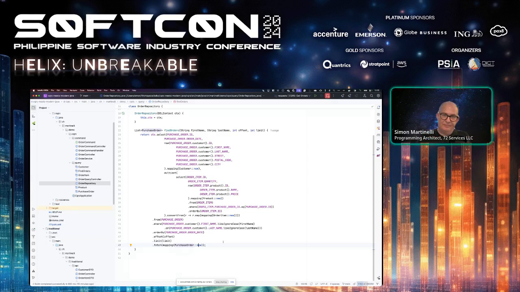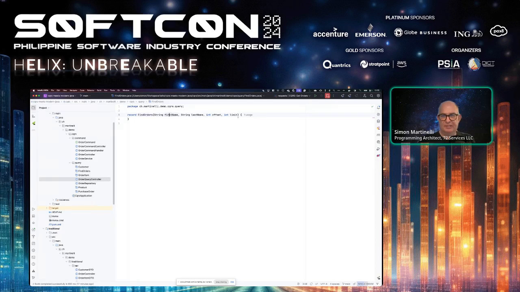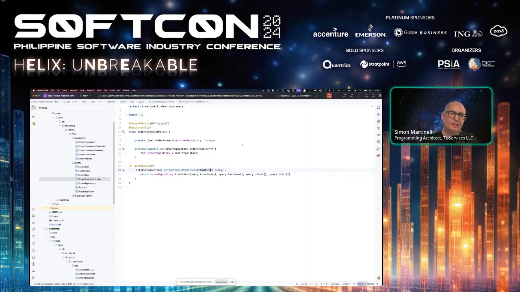Now we have seen the command handler. We also have seen the various queries or repositories to manipulate the data. The question is, for fetching, it's simple. We have get mapping with the customer orders. I used here a find orders object with all the information: first name, last name, offset, and limit. But I wouldn't have to do that. I could just use query parameters or the request param annotation here in the REST controller to get that, so it